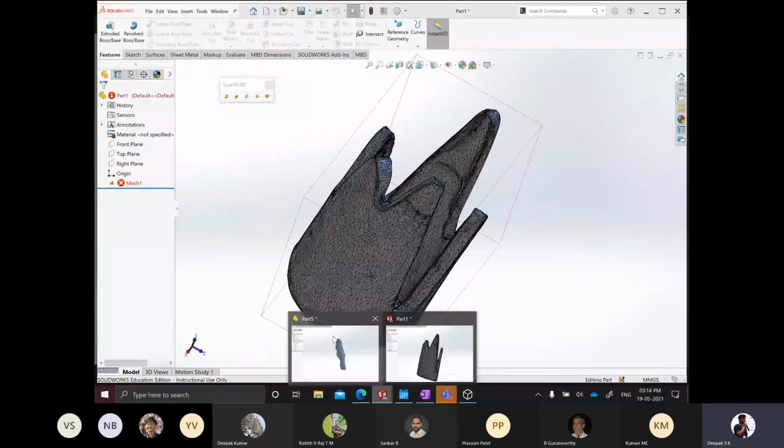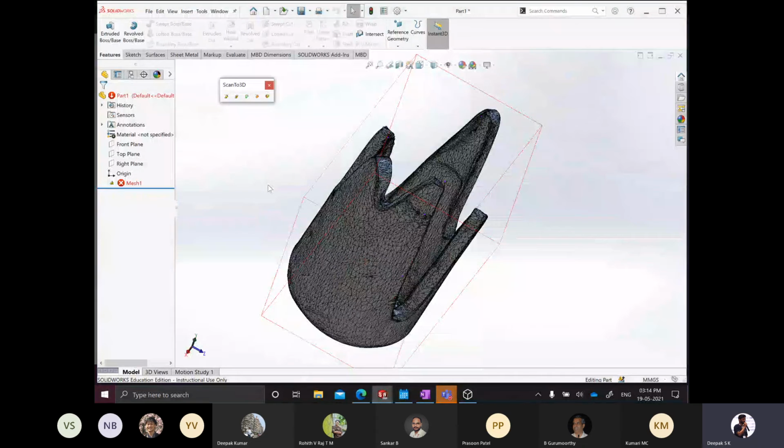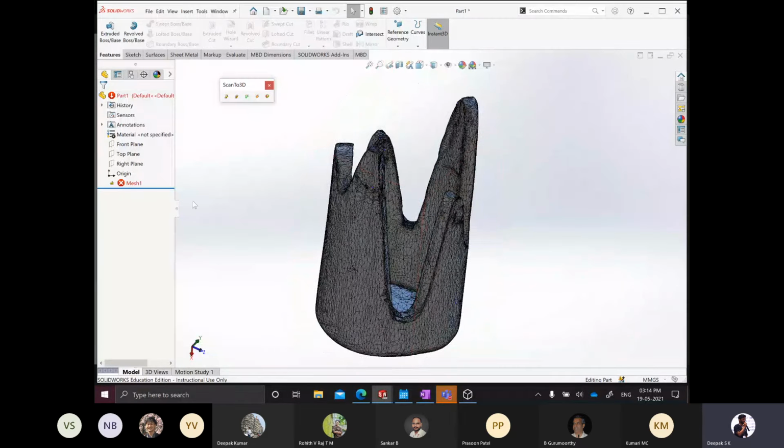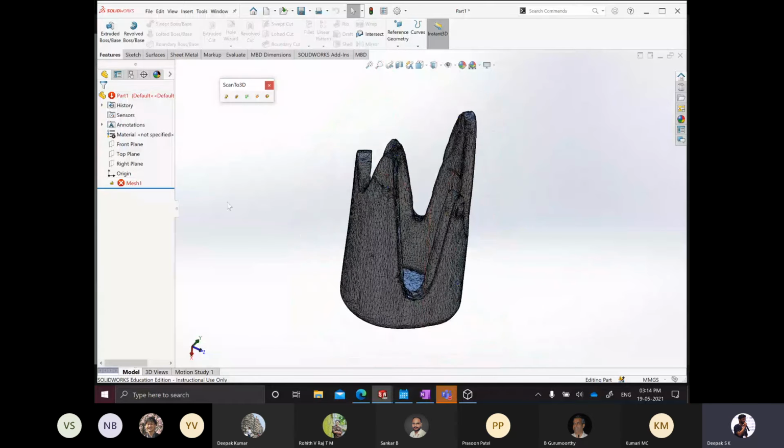Now first I will go with the 3D model and do the complete process, and then show you how to develop a surface out of it. And then after that we will go back to the surface and see how to develop that as well. So yeah, the first step is to orient your model properly.